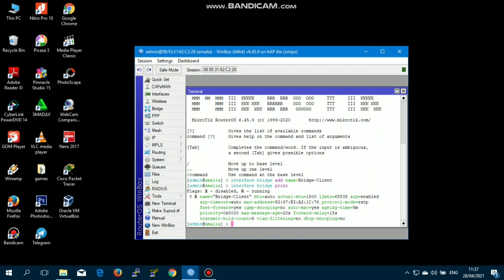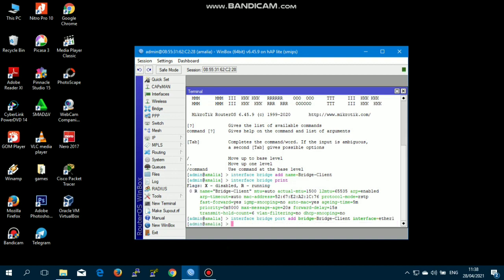Then we add the interface ports for Ether 1 and Ether 2 into the bridge client interface using the command interface bridge port add bridge client interface Ether 1. And add for interface Ether 2 with the same command interface bridge port add bridge client interface Ether 2.